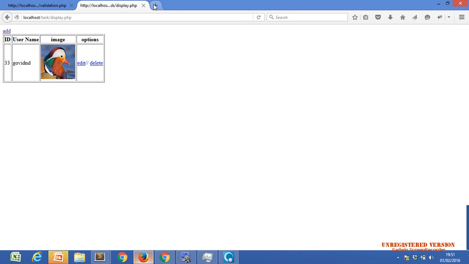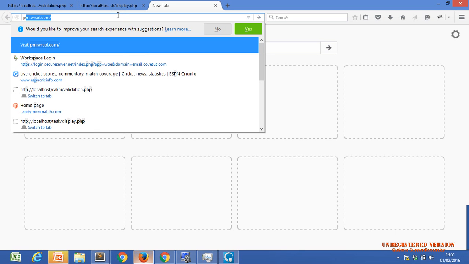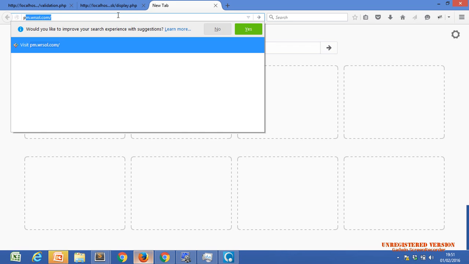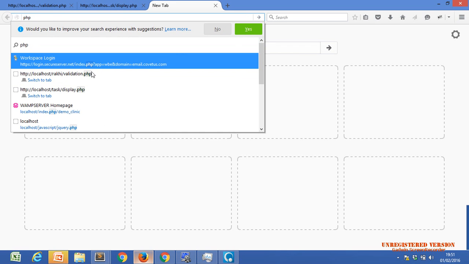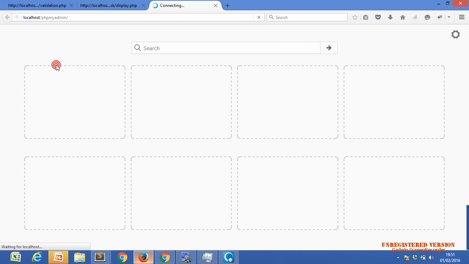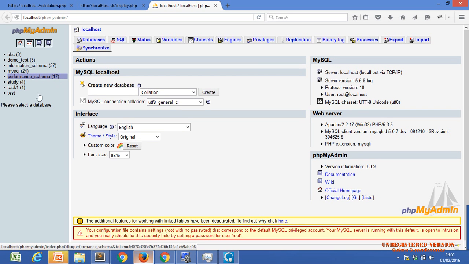Okay. In our database, there is one table, users. Let's assume within the user table there are 5 records.